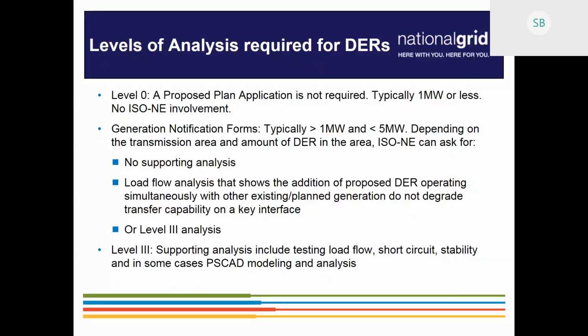That is the stability transient analysis, which requires stability models. This is one of the things that we have seen that customers have an issue with coming up with stability models. There are certain requirements that ISO wants for those stability models, and these requirements are listed in Planning Procedure 5-6.